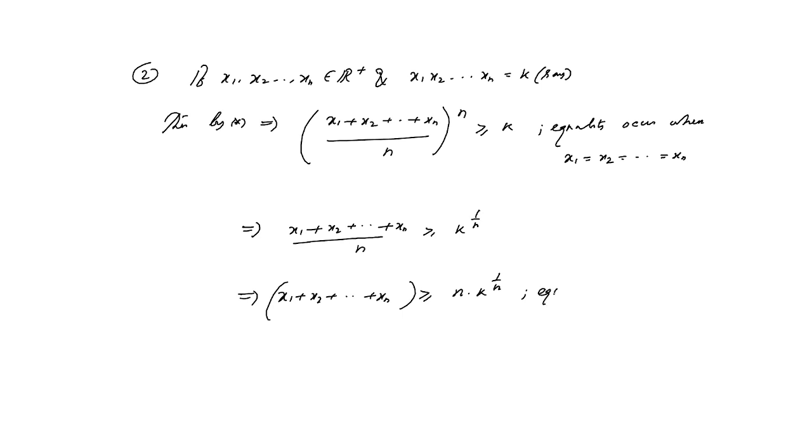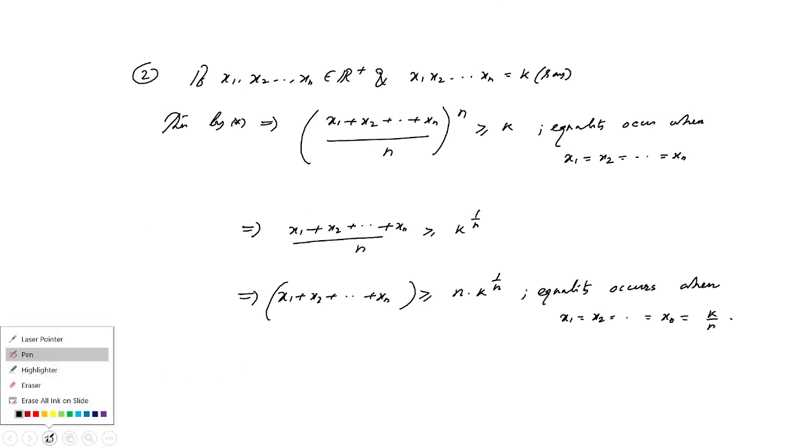And equality occurs when x1 equals xn equals to, okay, so that value, so we can write that value is k by n also. Okay,